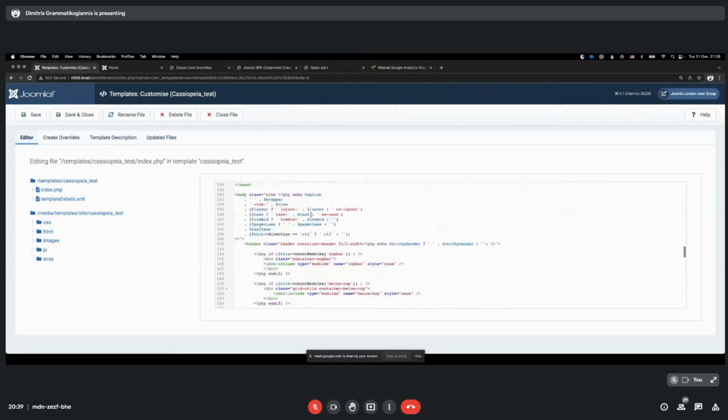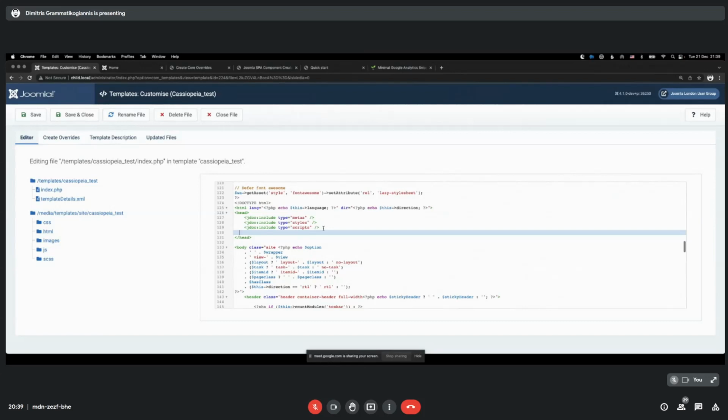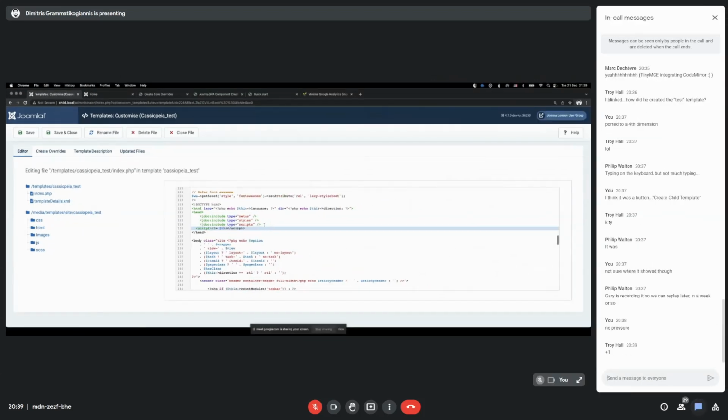So we will go to head and say, I need a script. Probably you want to put also a nonce here, but not in this demo. This is PHP echo, and I want to get this